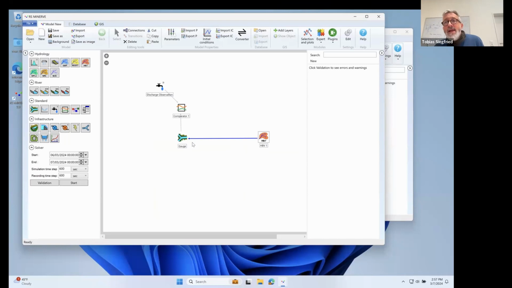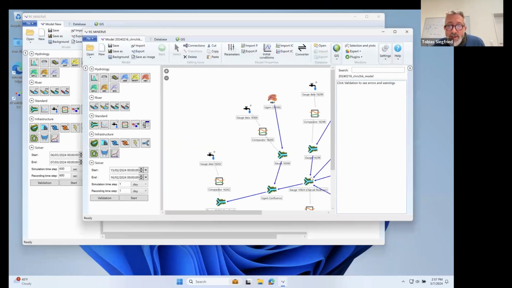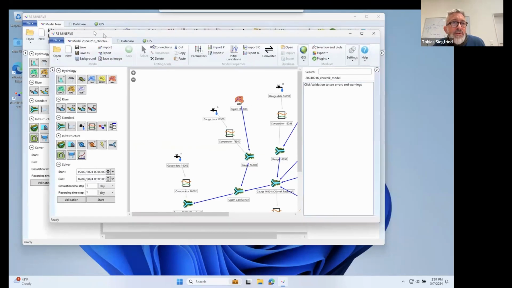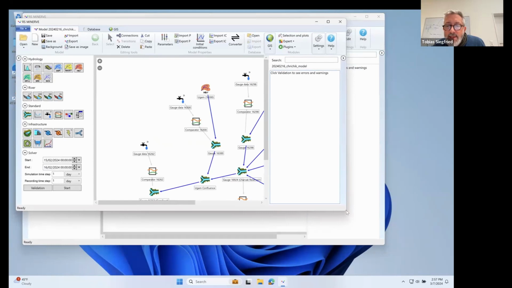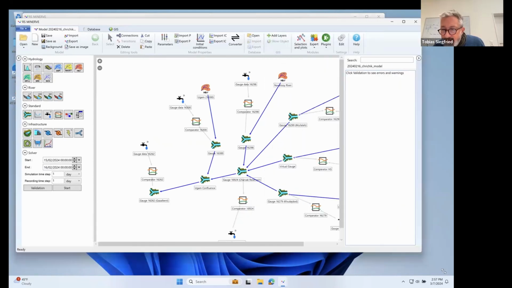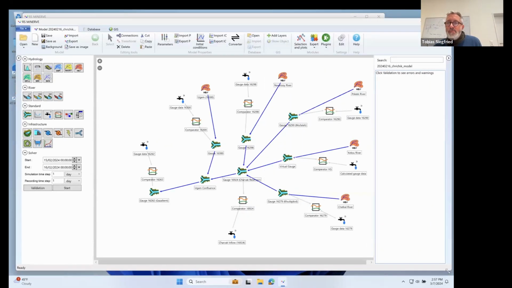Okay, so what I'm showing you here now is a first conceptual model of the Chirchik River basin, and what you see here is basically a network representation of that basin,